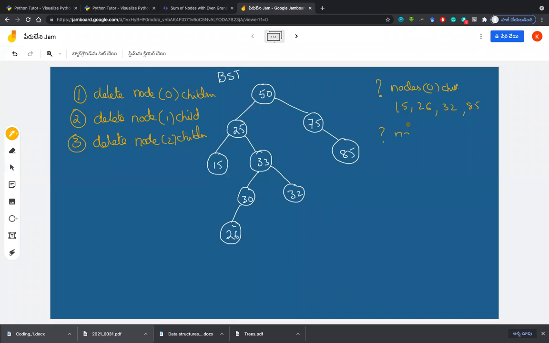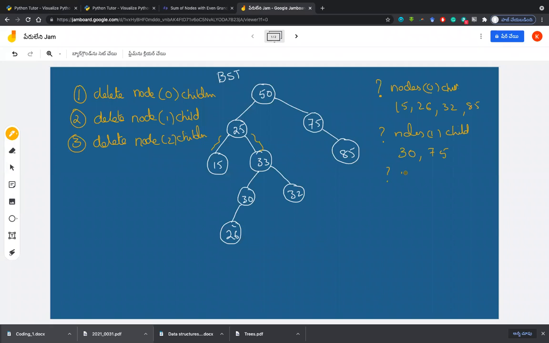How many nodes are there with 1 child? Four, sir. What are they? 25, 30, 33, 75. No. 25 has 2 children, right? 15 and 33. Yes, sorry, sir. 30 and 75, nodes 30 and 75. That's all. 33 also has 30 and 32, so be careful. This is 2 children.